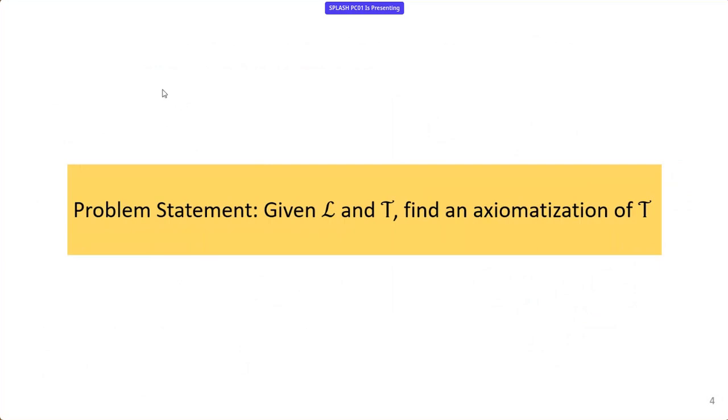Before we go on to how we solve this, let's actually reflect for a moment on this problem statement and take some kind of inspiration from how we as humans would solve it. Let's say we have a target class T in mind, say familiar lists of integers defined as an algebraic data type. And you want to axiomatize this using the language of constructors and destructors. Let's say that's the problem statement. First, you would just try to come up with properties that you feel to be true about the target class, right? For example, you would say, for all x and y, if the destructors are equal, then x and y are equal. So you'd say if head of x is equal to head of y and tail of x is equal to tail of y, then x and y are equal.